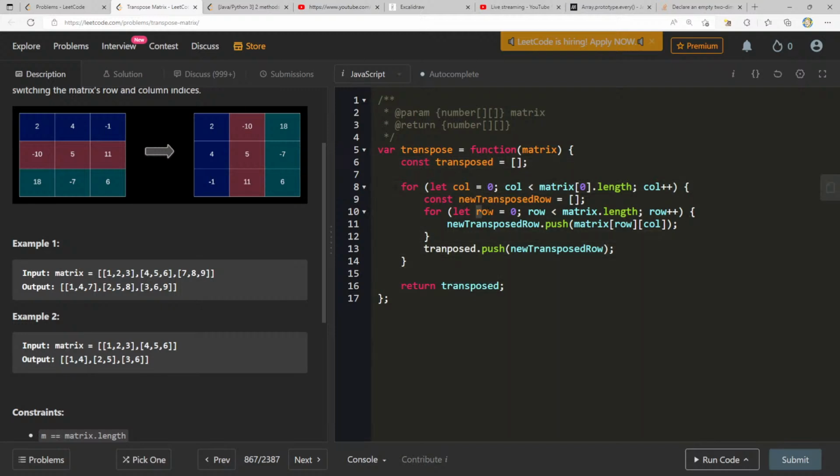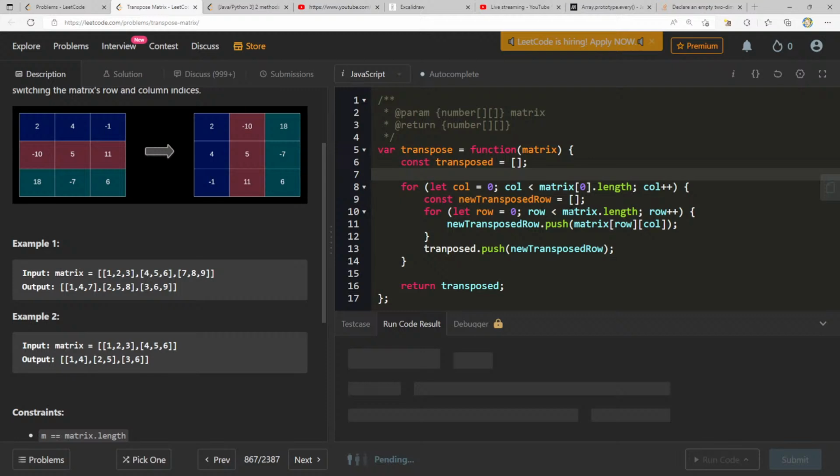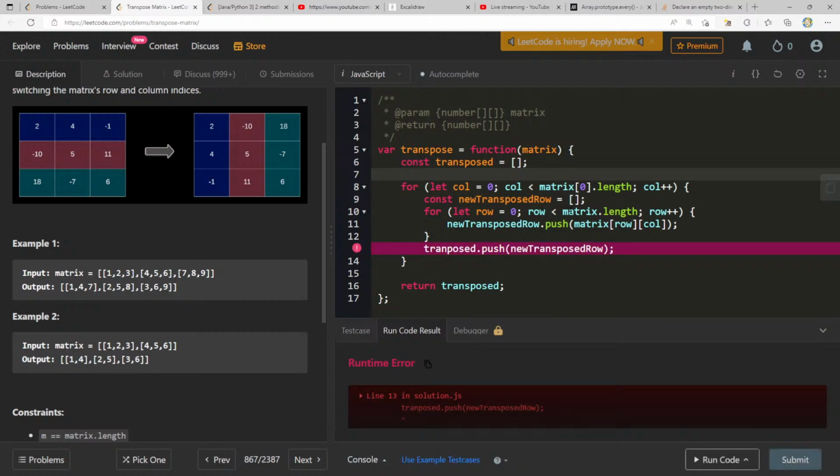For every column, we go through all the rows. We're always going to be starting at 0, but on that column. I think that could be it.